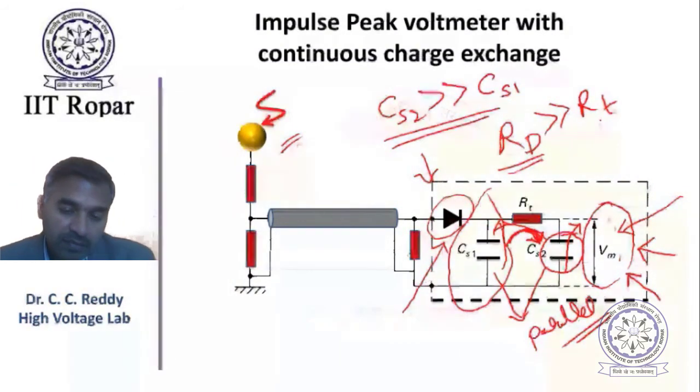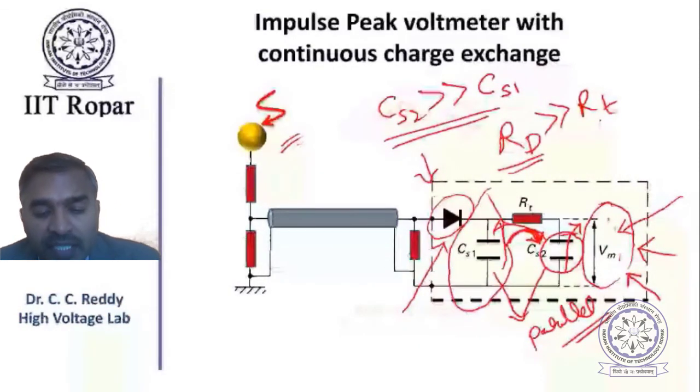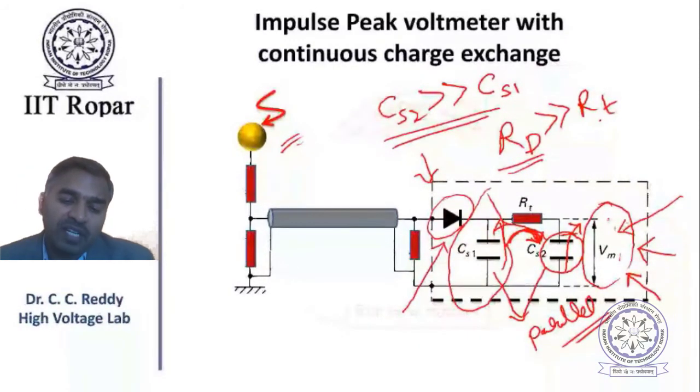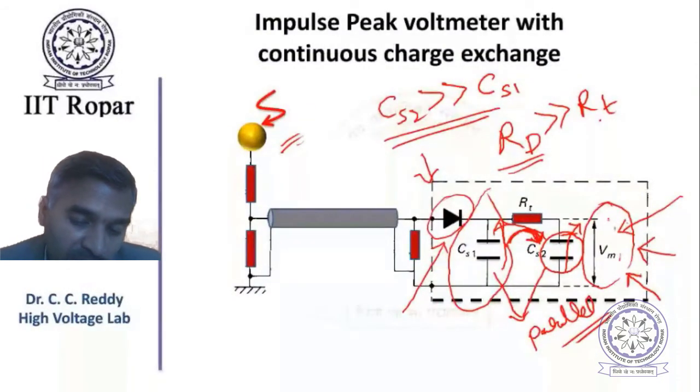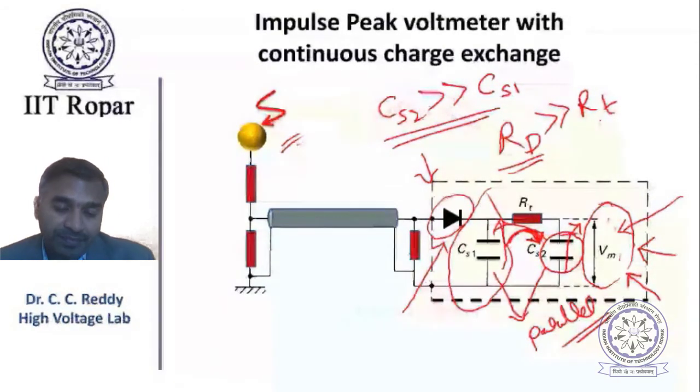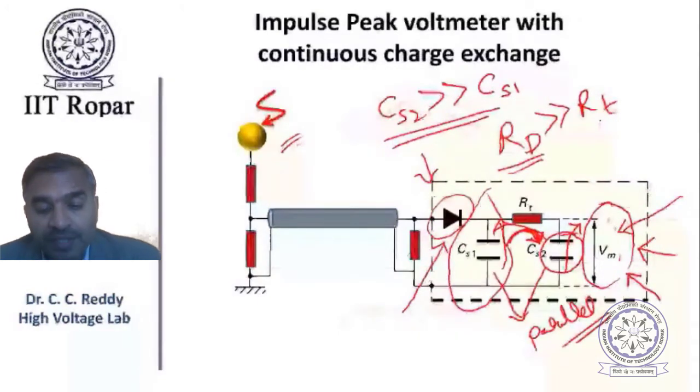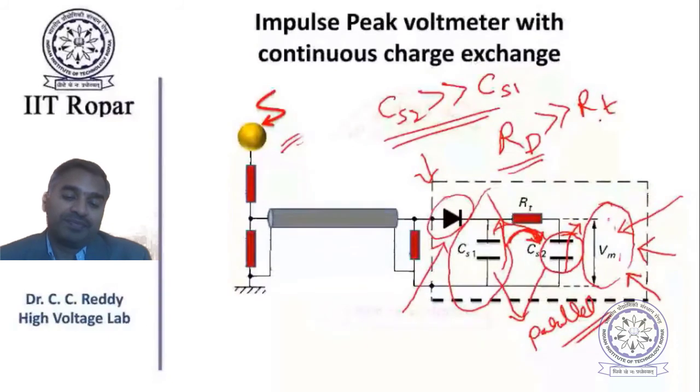While calculating the time constant, we have to consider the leakage resistance plus the capacitance also of the diode. That capacitance can be neglected. Its value is much smaller compared to CS1. While designing, it should be like that. But if it is given, you have to consider that also. For accurate analysis, you have to consider that also.